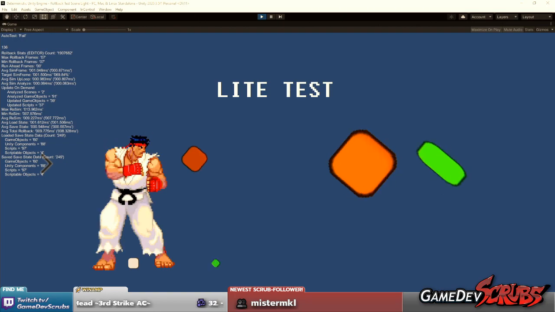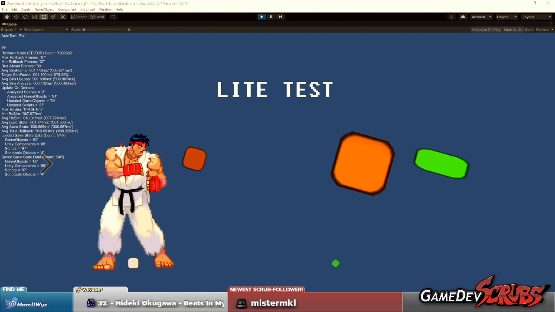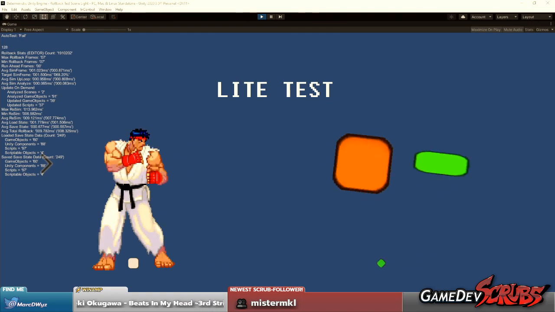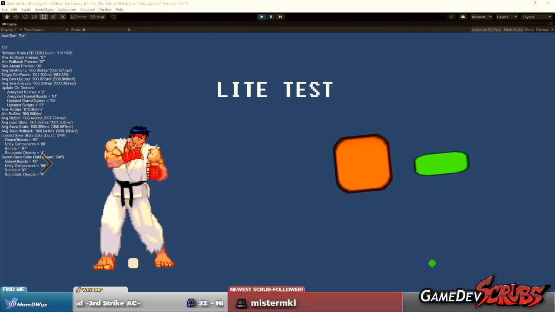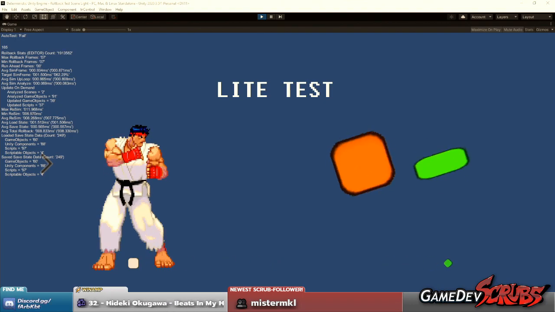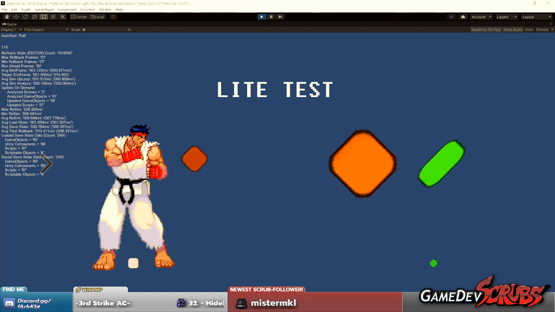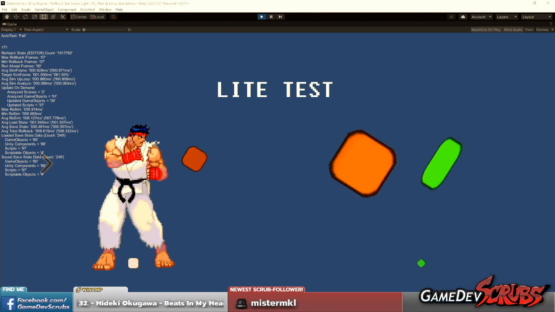Do you think they could put rollback in KOF XIII like they did the older games? Not right now, no. So we went over this earlier: in order to take an old game and add rollback, there's 2 ways. You either brute force it, which needs a ton of processing power, or you have to go back and reprogram it. They're not going to reprogram it. It would cost way too much money. SNK is not going to bankroll that. They probably don't even have the bankroll to do that.